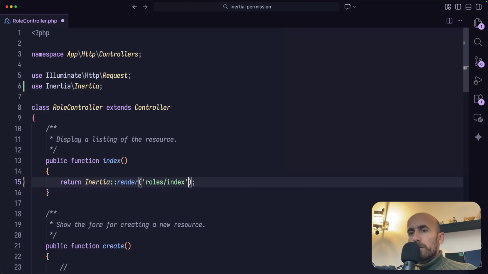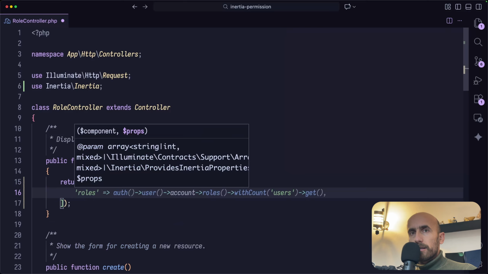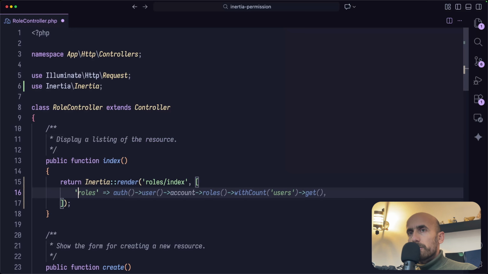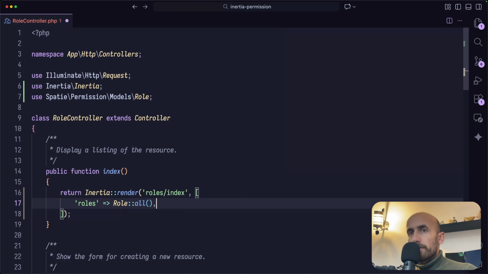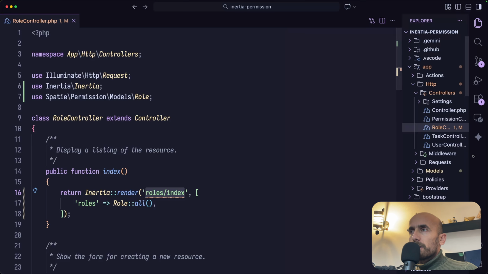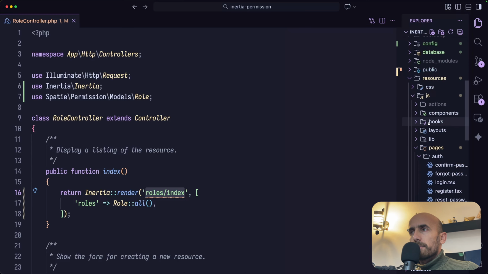And we need all the roles to pass here. So let's say not user account, but roles. And we are going to get all the roles from the Spatie permission and say for now Role::all, like this. Now we don't have this page, as you can see, we have an underline error. What I'm going to do, I'm going to go inside the JS pages, we have the users, and I'm going to duplicate this,